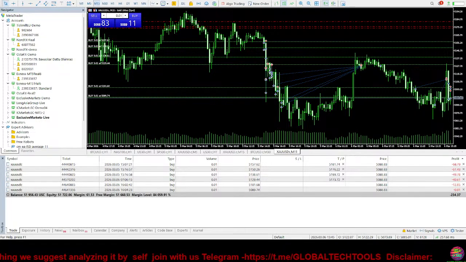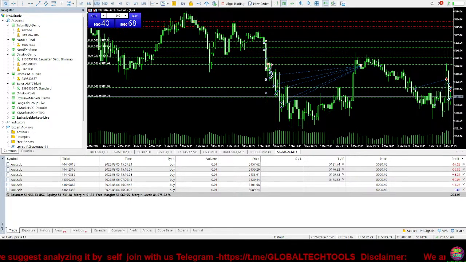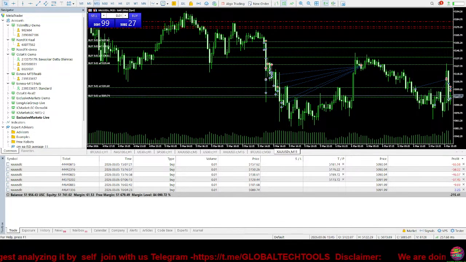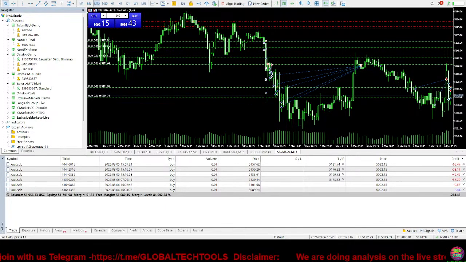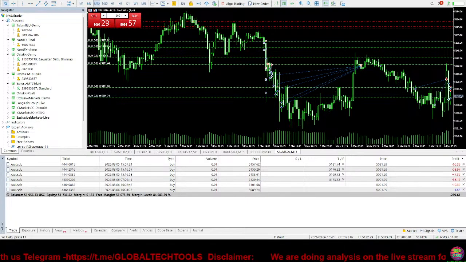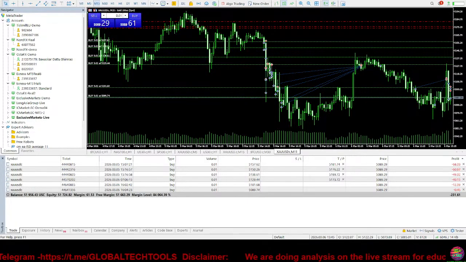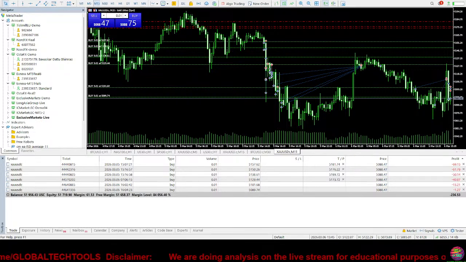And this leads me to my next point, which is going to be area of interest, also known as a level of supply and demand. As you can see, I've identified this table as an area of interest where I want to use it to push myself up or pull myself down. This is my area of interest, what I'm going to be using. Now, this is exactly the same thing that you will be looking at in the markets when you're looking to buy or when you're looking to sell. An area of interest is an area that you want to identify strongly to go up or strongly to go